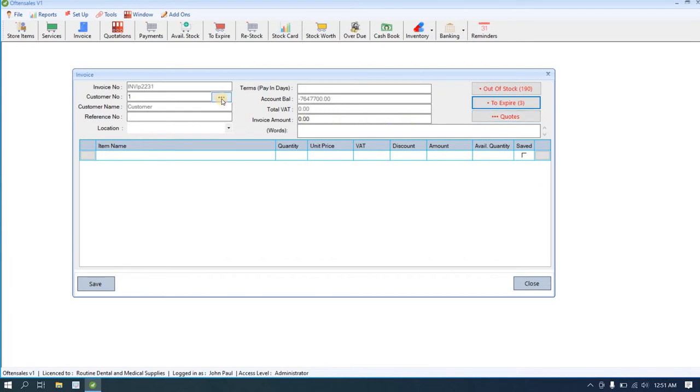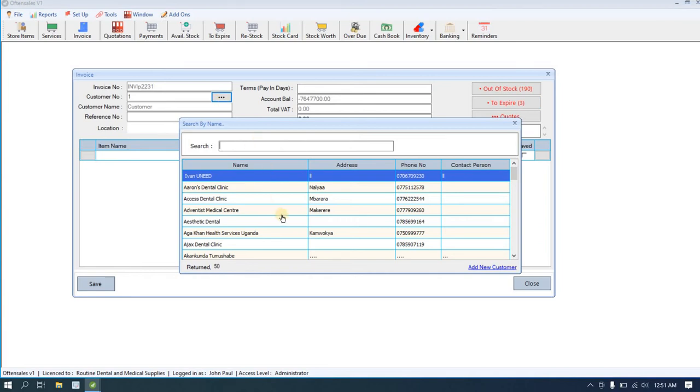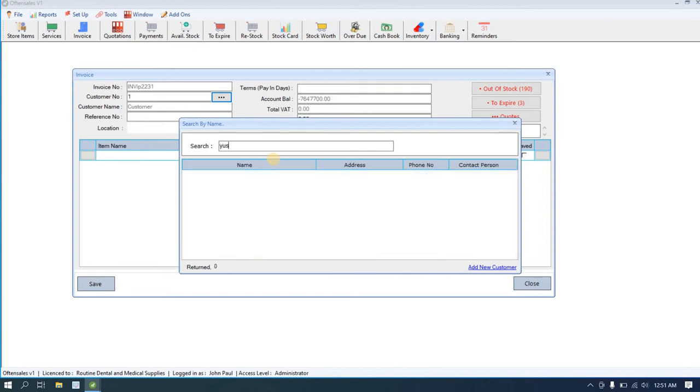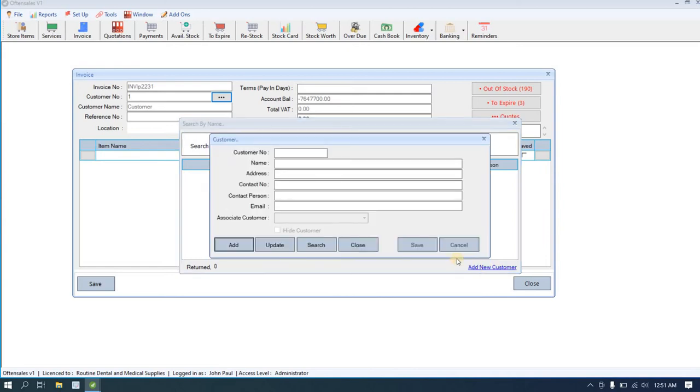So basically we start by selecting our customer, and if our customer is not in the list here, so we're looking for Yusuf and Yusuf is not part of the customer list, we add the customer here. So we click add, still click on add new customer, then we click add, and we say we're adding Yusuf,